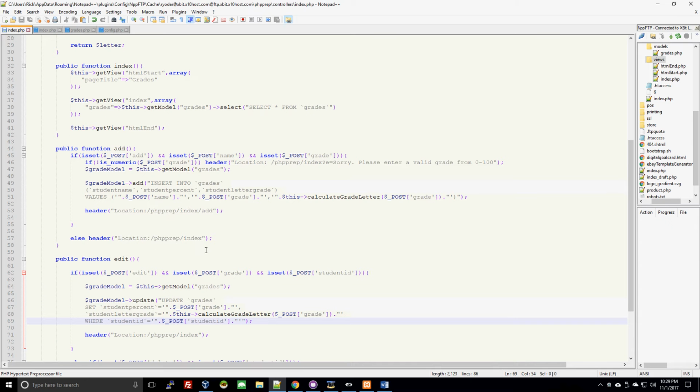So just a quick rundown on what's going on here. Basically, we're checking to make sure that all of the fields exist that are supposed to exist. We're checking to see if the add form was posted, if a name was posted, and if a grade was posted. Now, if the grade is not numeric, we're just going to redirect the person back to the index controller and say, sorry, please enter a valid grade from 0 to 100. Otherwise,